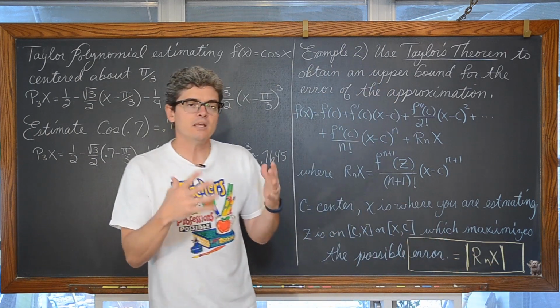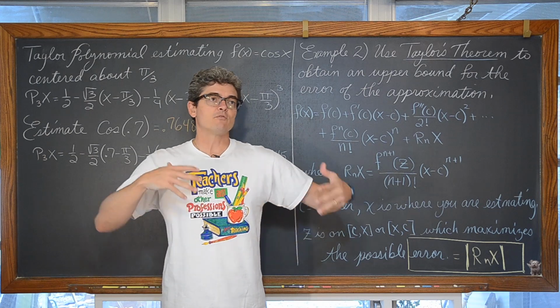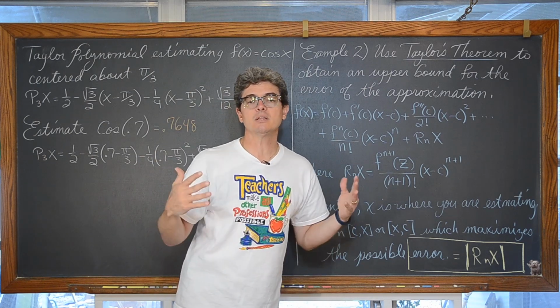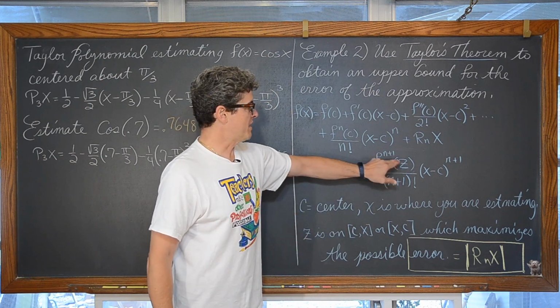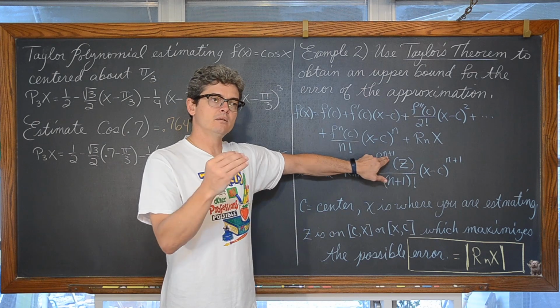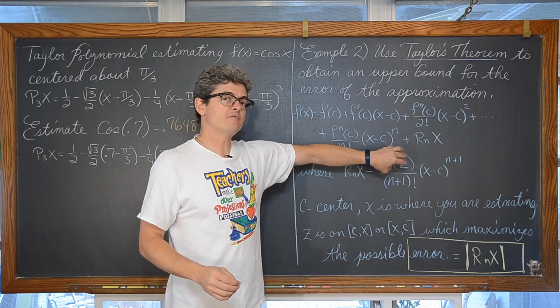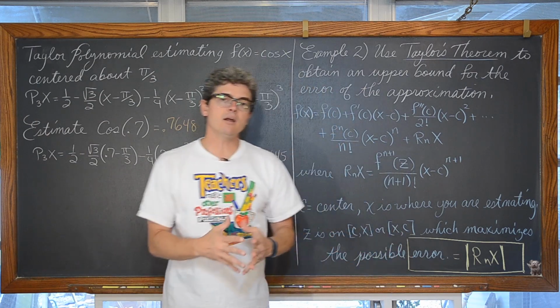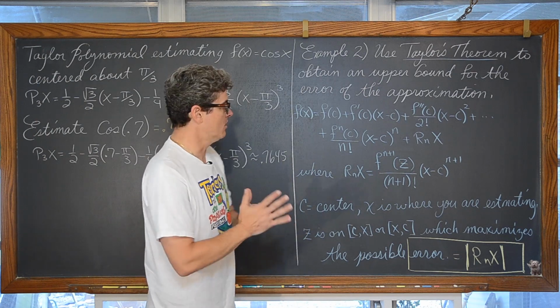If you're going to make an estimation, you don't want your estimation to be farther off than predicted. If it's more accurate, that's okay, but it cannot be less accurate. So you want to choose that z such that when you plug it into the n plus 1 derivative, because it's in the numerator, you want that to be the largest value possible to show what the greatest value the error can possibly be. And if you're more accurate, that is okay.